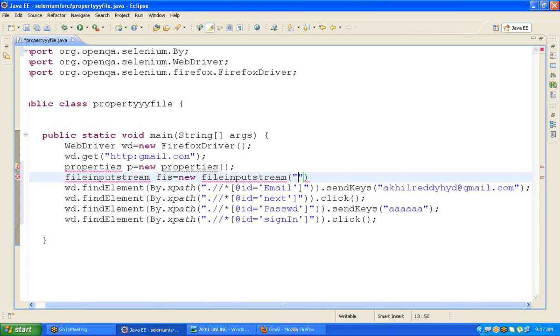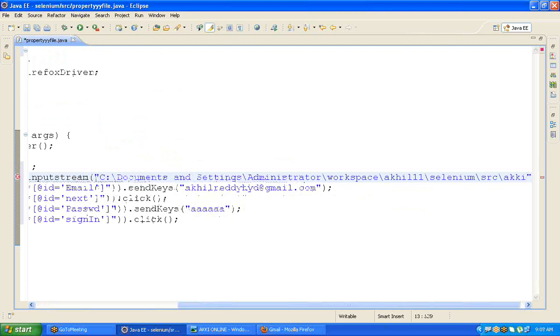Whenever you work with Selenium, if you want to import or export, we need to use double backslash. Here we already have a single backslash. Compulsorily we need to mention double backslash. This is very, very important, friends.